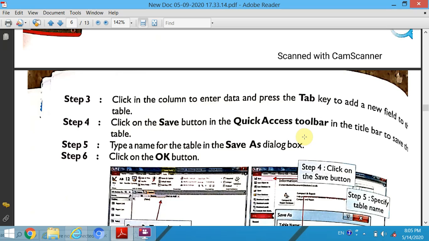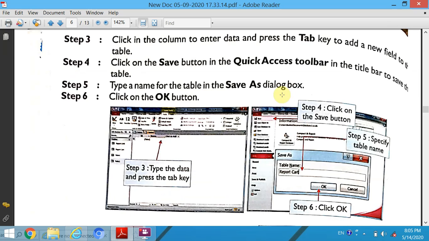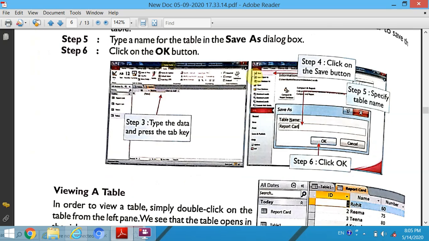Step 4. Click on Save button in the Quick Access toolbar in the title bar to save the table. Step 5. Type a name for the table in the Save As dialog box. Step 6. Click on OK button. It will save your table.